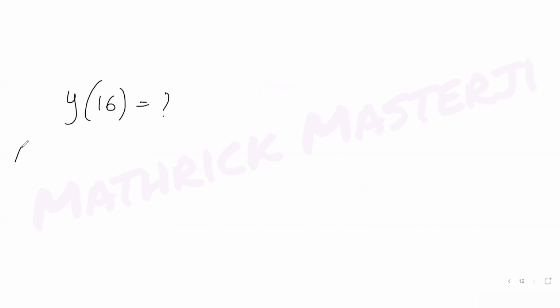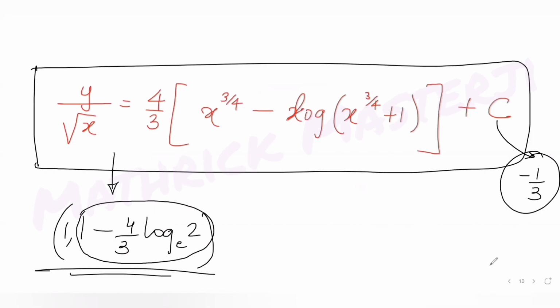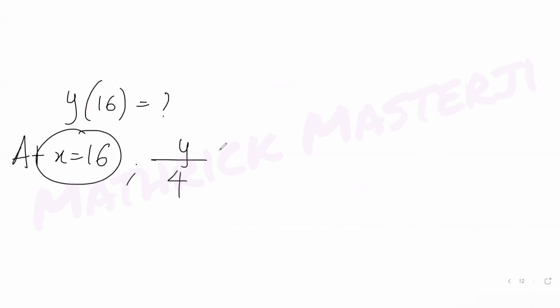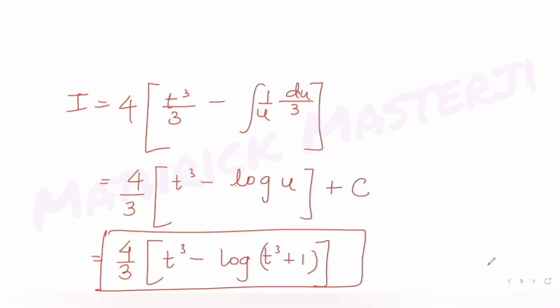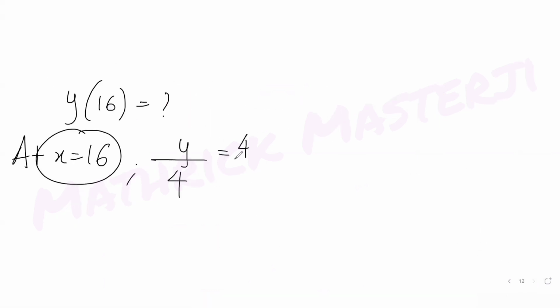So if I put x equal to 16 in my solution of the differential equation, my solution becomes y over root of 16, which is 4, is equal to 4 by 3 x raised to 3 by 4, means 16 raised to 3 by 4. So 16 raised to 3 by 4 means you're finding the cube of 16 and you're taking the 4th root of 16. So the 4th root of 16 is 2 and 2 cube is 8,